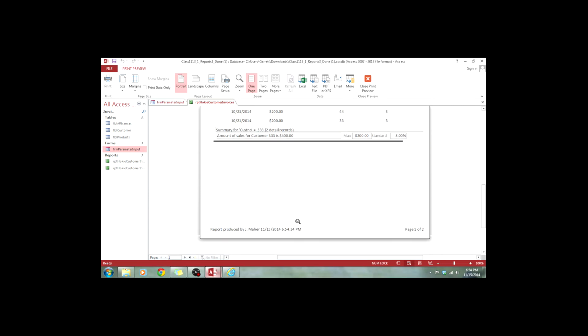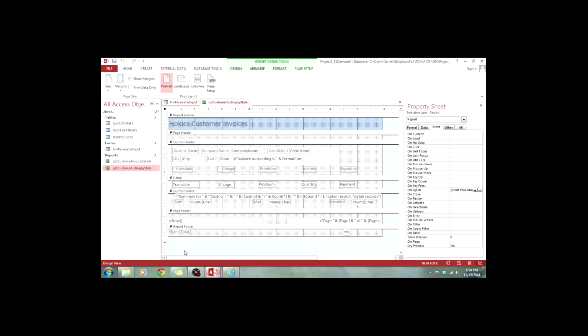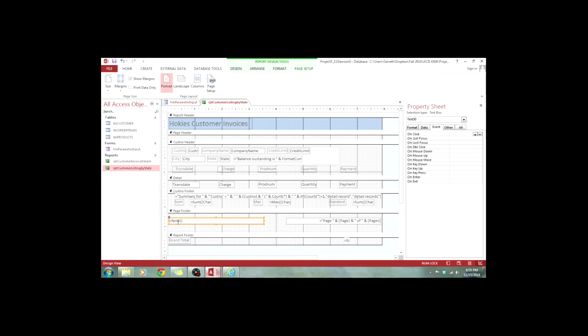Oh, there it is. So we need to do that as well. Footer. Now we want that to read equals quote report